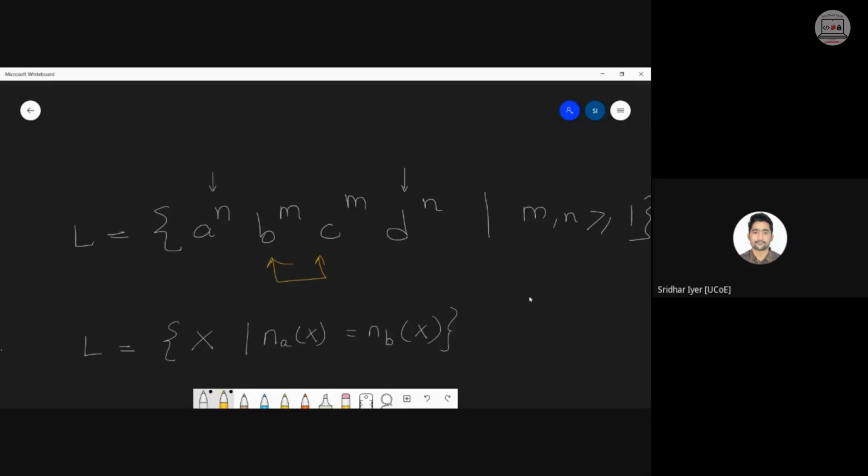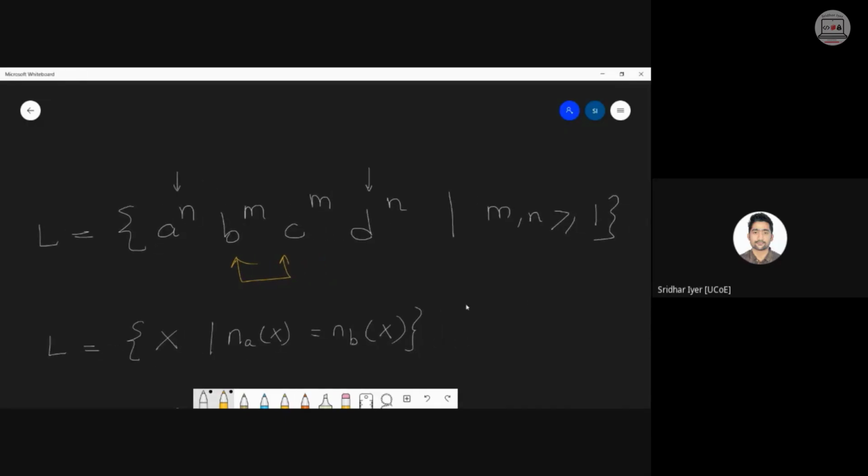So what we need to do is, first of all, check for each A. Our logic will be very simple. For each A, there will be one corresponding D. Similarly, for each B, there will be the corresponding C. Why? Because their powers are the same. Pay attention to the condition also. Here, m and n should be greater than or equal to 1, so it's normal. So our logic is very simple. For each A, push one X. For each B, push one Y. Because over here the powers are different, that's why we are using different symbols.